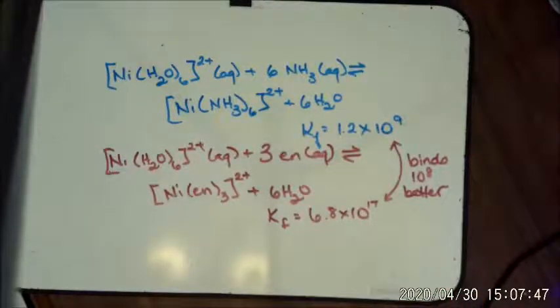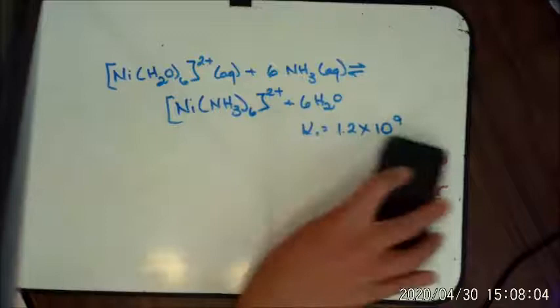Okay, so that's why bidentates and polydentates, our chelators, are so important. They're like a claw, and they just go in and they grab that ion and they don't let go of it. Okay, and you can see just by looking at their equilibrium constants. So you can read up about your chelators in biological systems, which would include looking at heme, because that's a very important one. Cytochromes, okay, that's also very important. So we have a lot of transition metals in our body that we need, and you're going to find that a lot of our proteins and peptides will chelate to